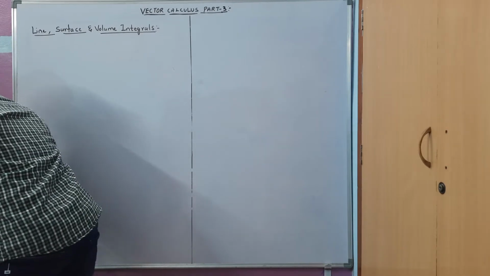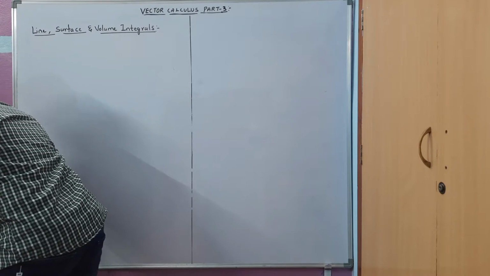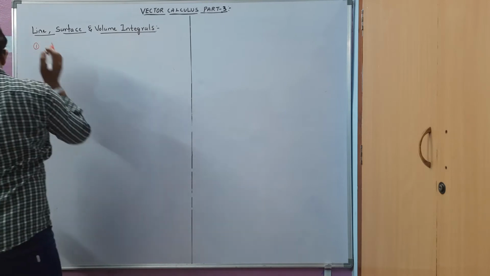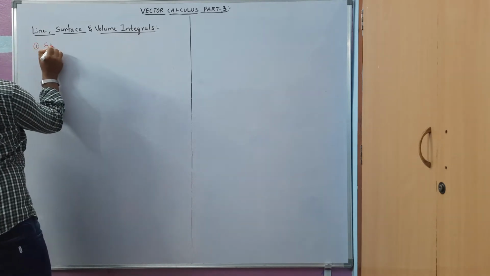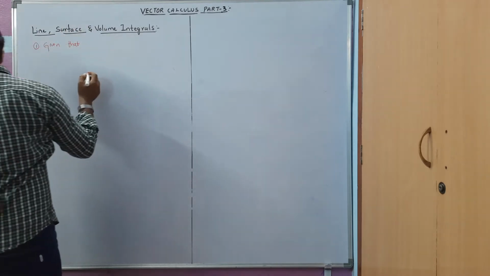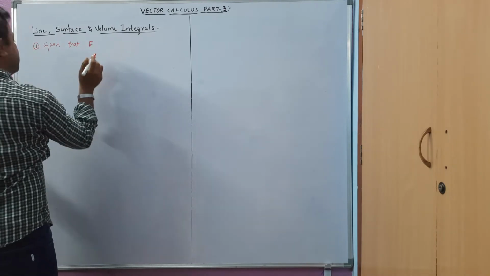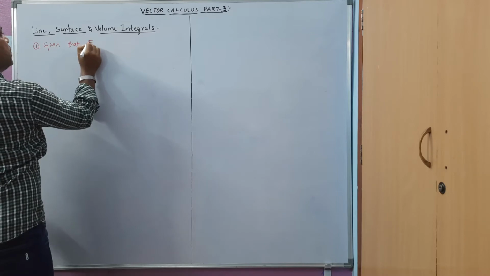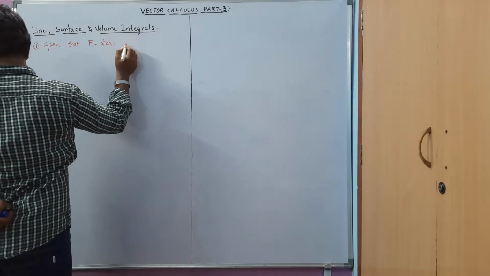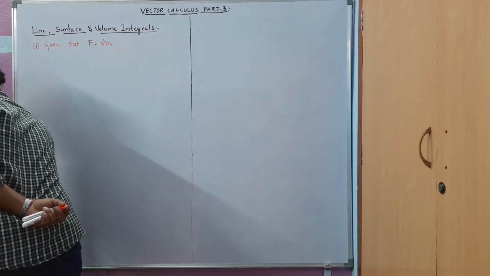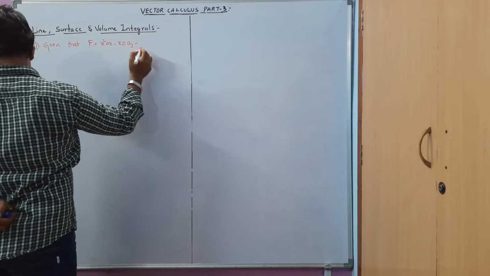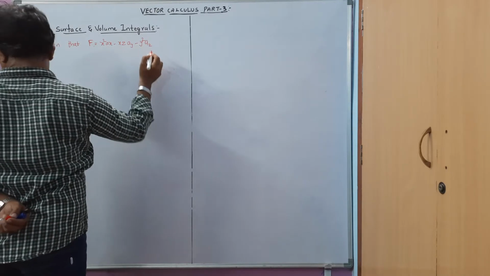So let me take the first question here. First question, given that F, the vector field F, is equal to x square ax minus 4xy xz ay minus y square az. Calculate